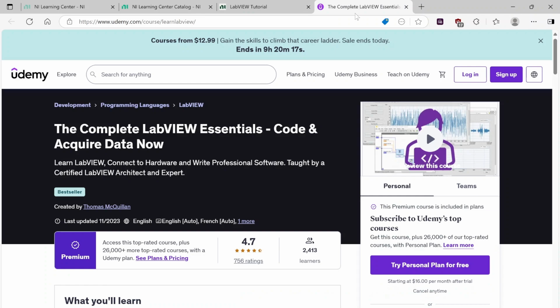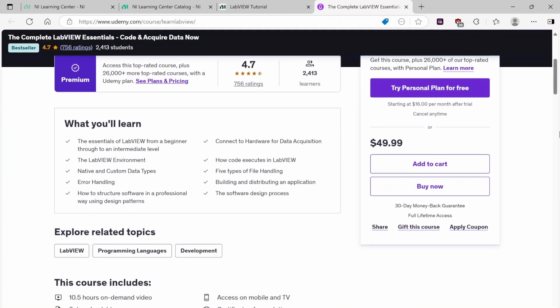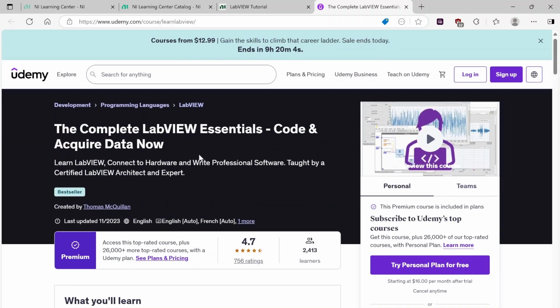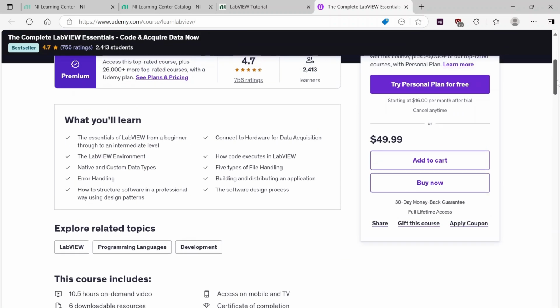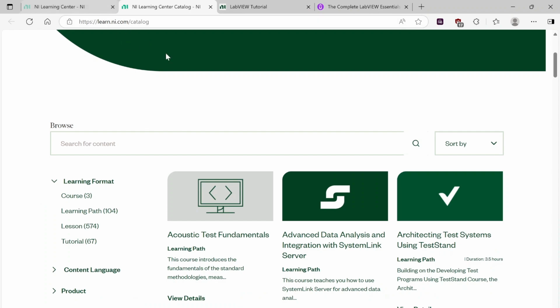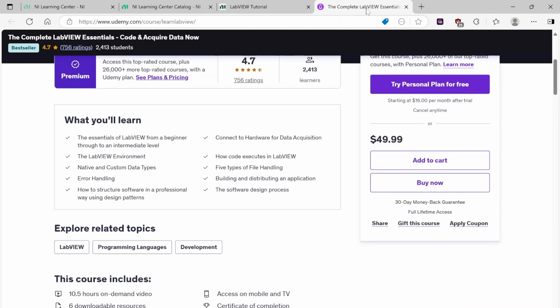Now, the last one I wanted to share would be this course on Udemy. It's really cheap, right? It's $49.99, so really affordable. This is done by Tom McQuillan. He does a really good job diving into the fundamentals of LabVIEW, helping you understand the environment, and then getting into actually doing some code. So if you're looking for something beyond this LabVIEW tutorial, but not as expensive as some of the courses on the Learning Center, if you don't have access to the courses through your SSP,